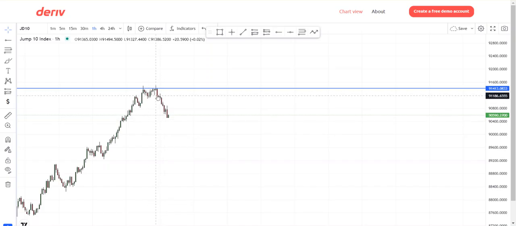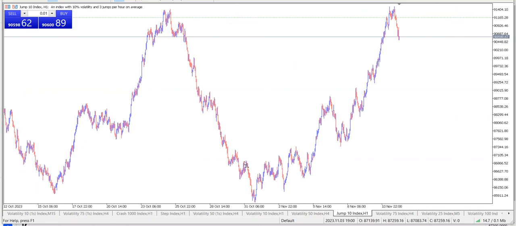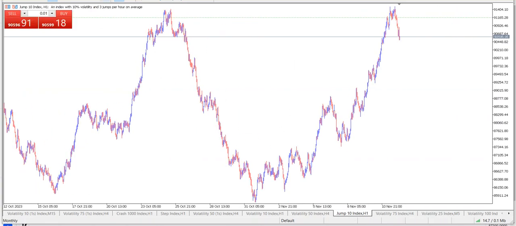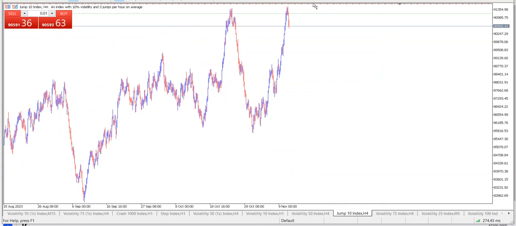So actually I took the trade here, and here was my stop loss. Let me show you the trade. This is the trade. If I go to the 4 hours time frame, this is Jump 10 4 hours time frame. You see my stop loss here, and you see where I took the trade here. If I zoom into it,